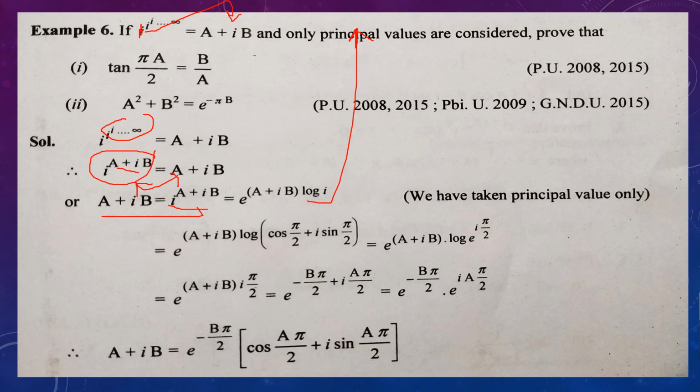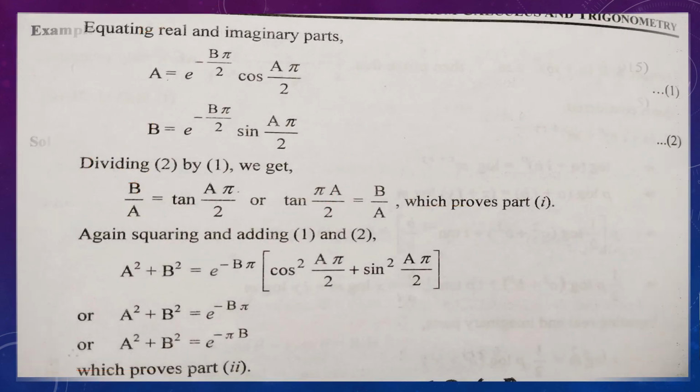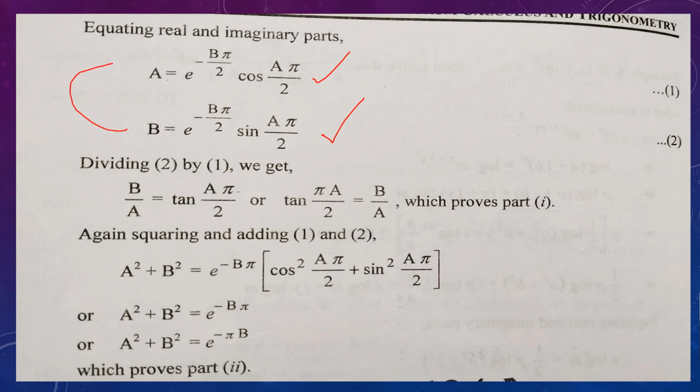Now we know that the exponential form of iota is cos 90 plus iota sin 90. It is e raised to iota 90. It comes ahead and log e becomes 1. Now multiply these two terms, we get this thing. We break these two parts. Now you can break it like a cos theta plus iota sin theta, and this is equal to a plus iota b. So here you can compare real and imaginary parts. So these are our a and b, the real and imaginary parts. And if you divide these two equations, you will get the answer tan theta. This is our first part. And if you square and add these two equations, a square plus b square, this 2 will cancel out on squaring. It is taken common out, and cos square plus sin square is 1.